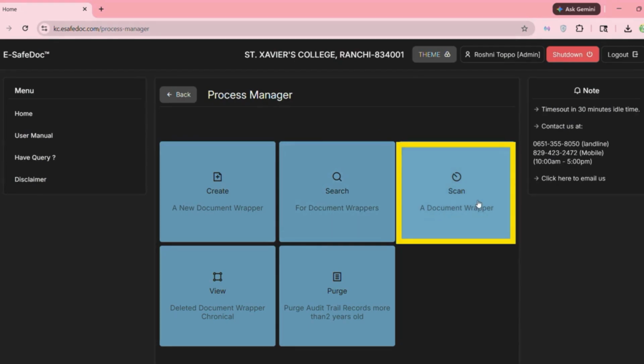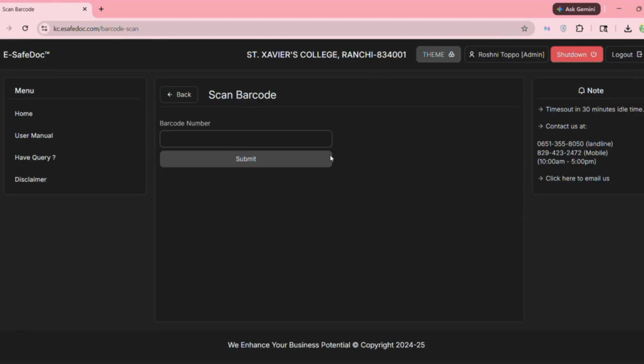In the scan component, you can also search for the barcode number and you will get the exact wrapper details in just one click.